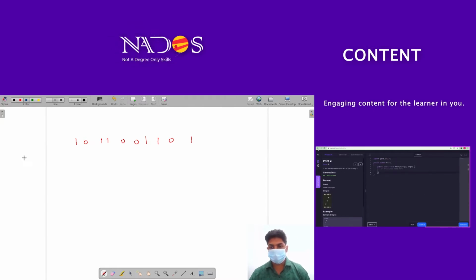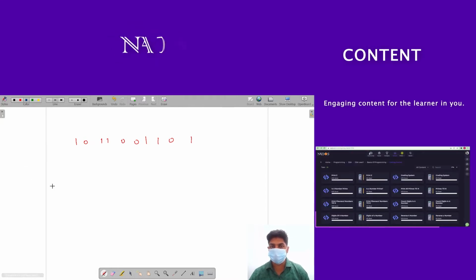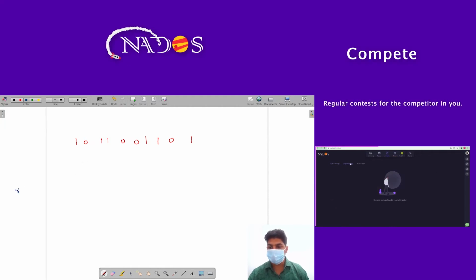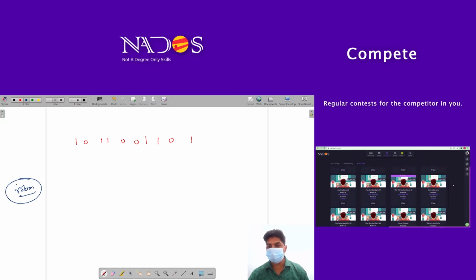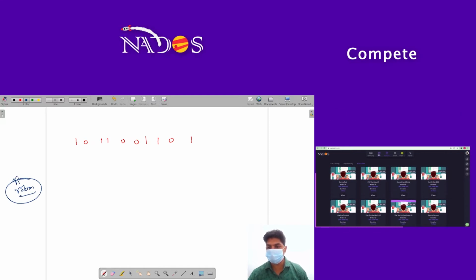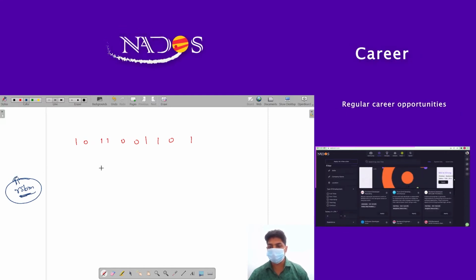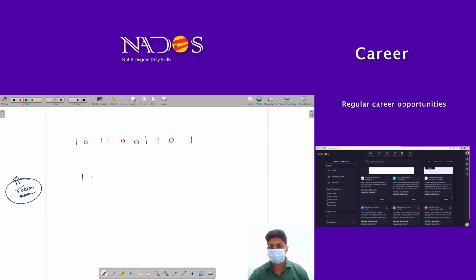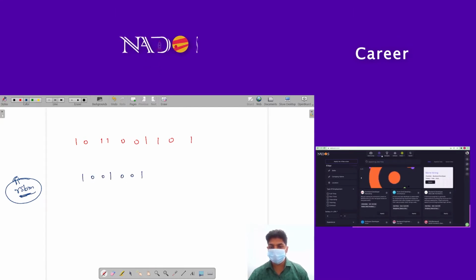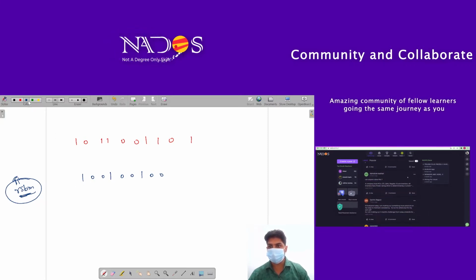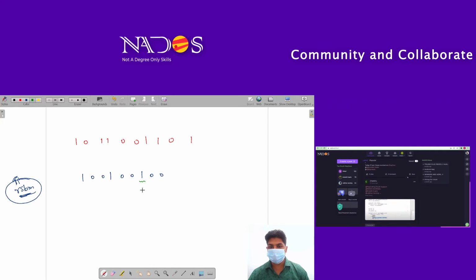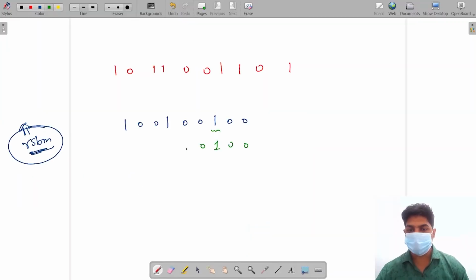I'm assuming that you guys know how to calculate the rightmost set bit mask of a number. The previous video in this series is based on this concept, the rightmost set bit mask of a number. Let's suppose a number is given to us something like this, 1001 001 00. The rightmost set bit mask for this number will be: this is the rightmost set bit, so 1, and all the rest of the bits are 0. So this is the rightmost set bit mask for this number.